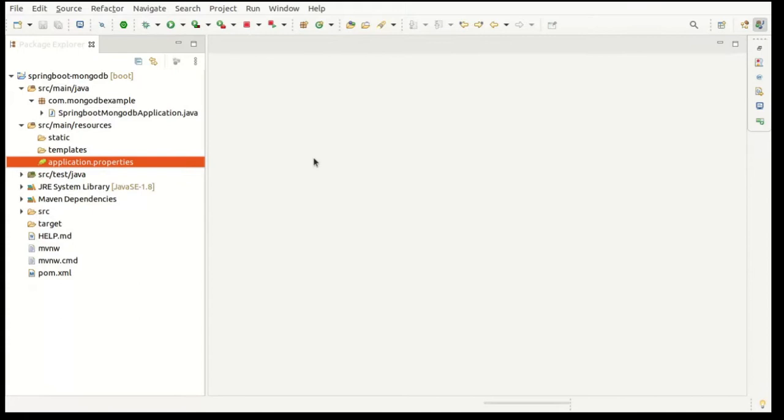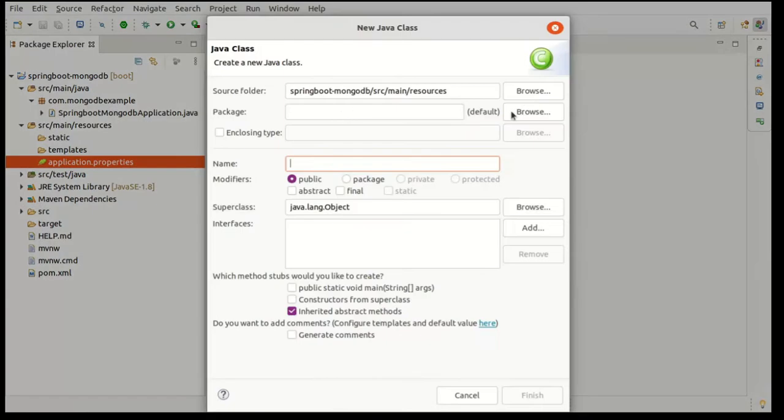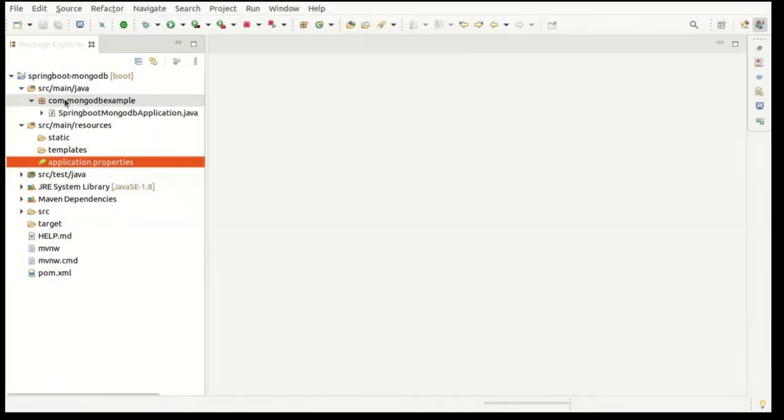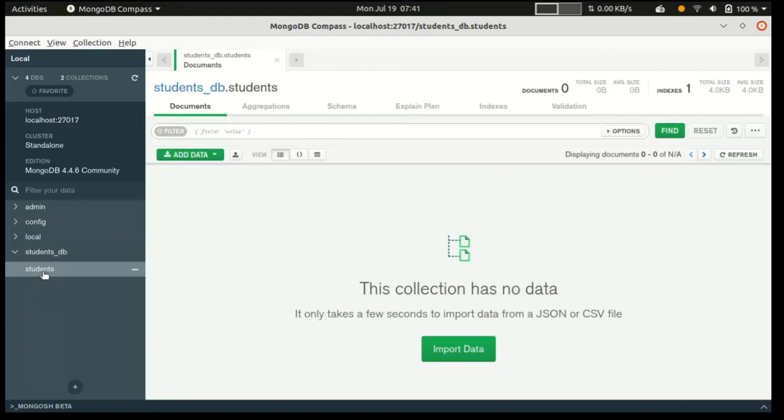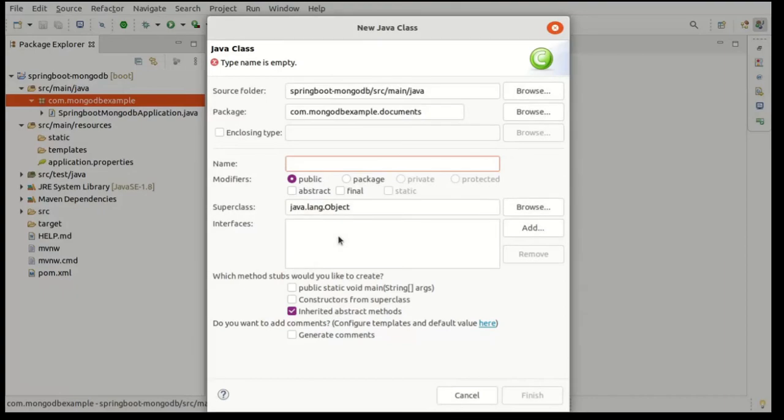Now I want to map one Student class to that students collection. Okay, so let's create one class and annotate it with @Document. It means I want to bind this students collection to this Student class, as we do with an entity and table in the case of Spring Data JPA with a database table.